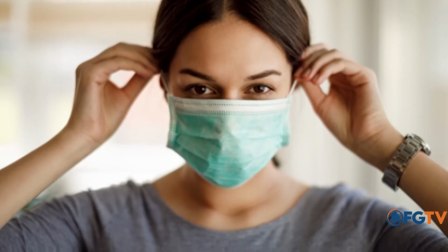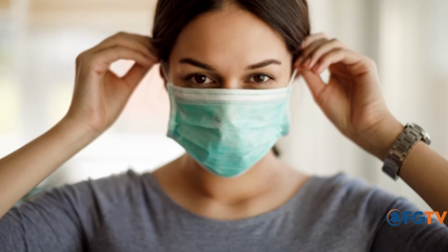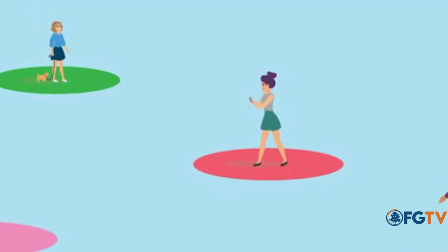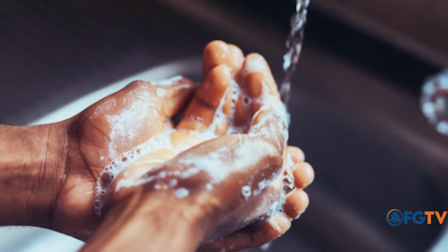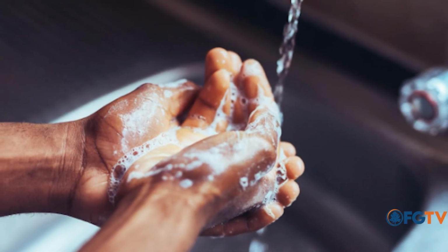And as I have mentioned several times already, the vaccine, although it's here, there's not enough to vaccinate everyone right away. And so we are all going to have to be dependent on you doing the things that we know work, which are wearing a mask whenever you're out in public, keeping your distance, not congregating in groups, and washing your hands. And we're all going to have to keep on doing that